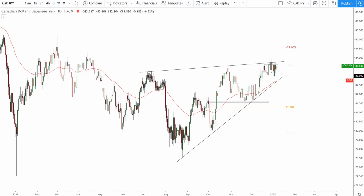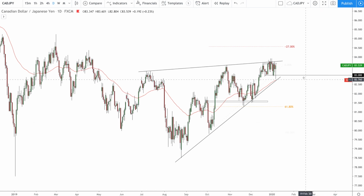Now this is on the daily, and you can see that we have this pattern. We have a 1, 2, 3 of this pattern, and we can see that price was really stalling around this level, around sort of 84. Now, obviously, upon a third touch of a pattern completion, there's a high probability of some form of reaction. If we have a look at this on 4 hour,